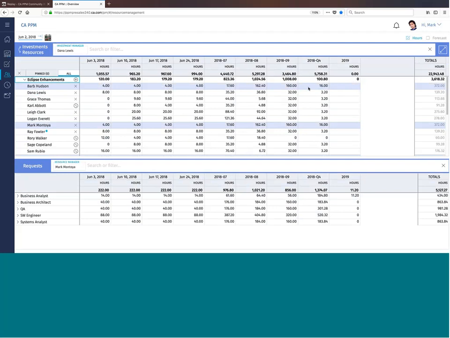So I added that role. I got the QA person on there. I've changed the default allocation. I've changed it from FTE to hours via the setting option. The other thing I can do here is start looking at